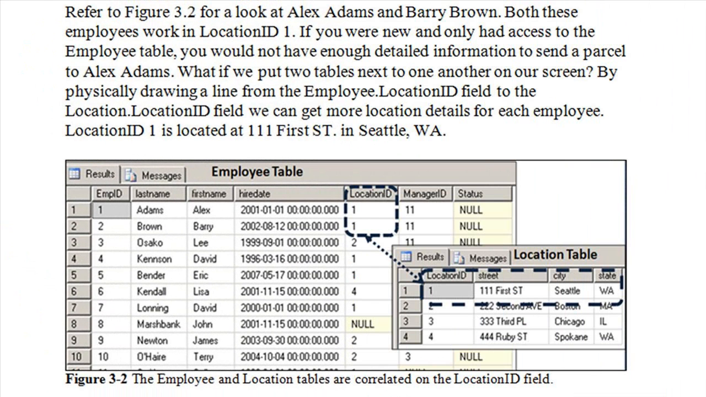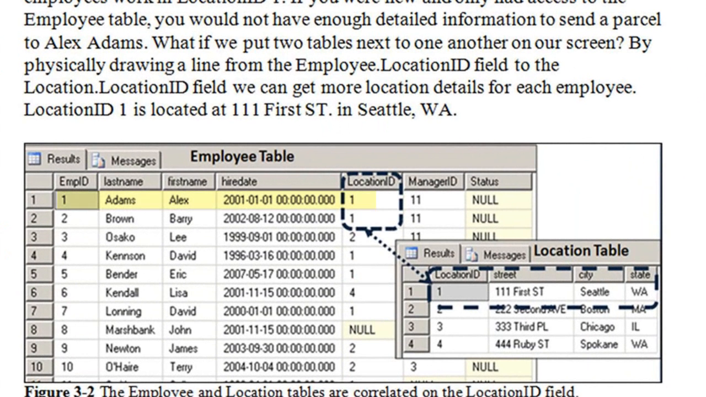Whether or not you have the book, Figure 3.2 gives us a great example of this. As you can see, Alex Adams has a location ID of 1. By looking in the location table for more detail of that, we can see he gets 111 First Street, Seattle, Washington for his work location. As a matter of fact, this process would be repeated for every employee in the employee table who has a